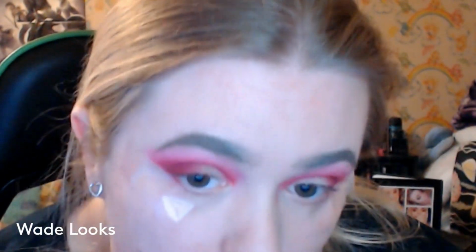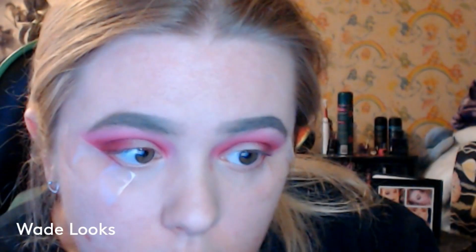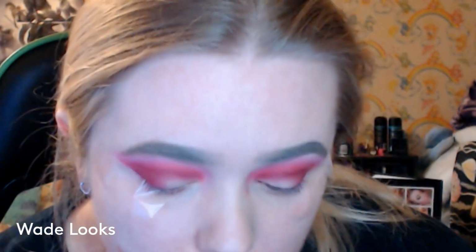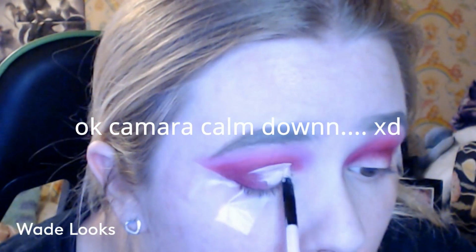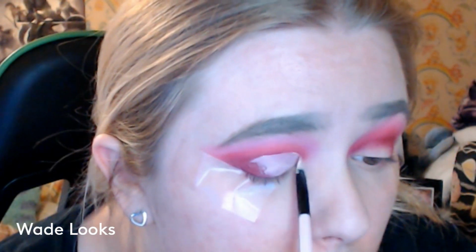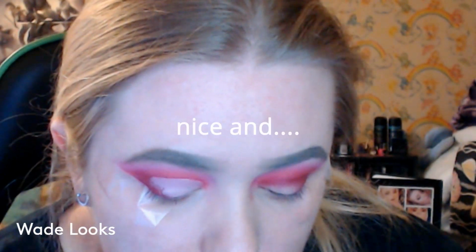And now what we're going to do is cut the crease. So to cut the crease, you're going to grab a concealer that's separate to the concealer that you use for your face. And you're just going to take it and apply it to the brush. Like that. And you're going to start in the inner corner and go out towards, and follow your crease. That's the way I do it. Everyone does it differently, but this is the way I do it. So I'll just show you. Because we are using reds, it's going to make that concealer a little bit pink. I'm just going to go over extra so it's nice and...